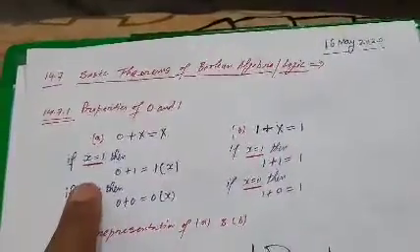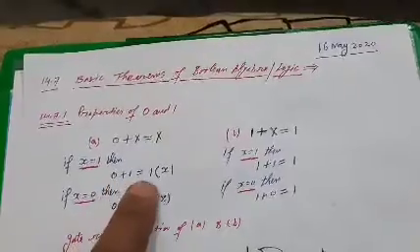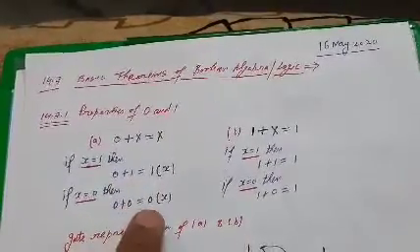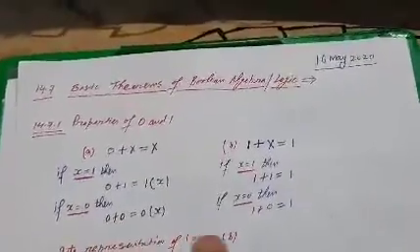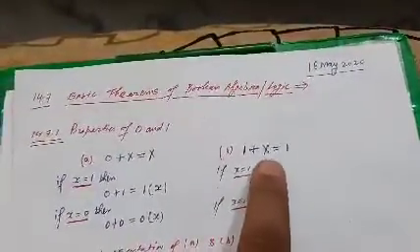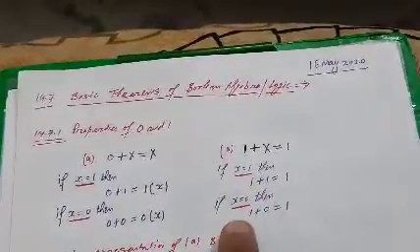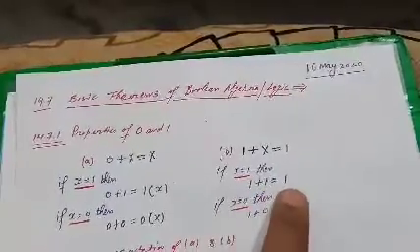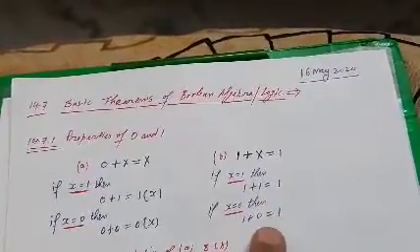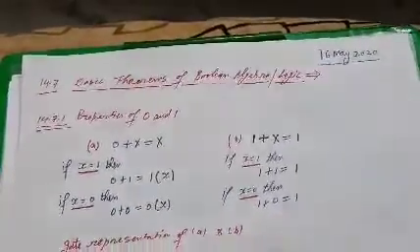The possible state of x is 1 or 0. Then 0 plus 1 is 1, and 0 plus 0 equal to 0. That is the operation of the OR operator. The possible state of x is 1 and 0. Then 1 plus 1 equal to 1, and 1 plus 0 equal to 1. 1 plus 1, true and true, the answer will be true. True and false, the answer will be true. This is the property of the OR operator.